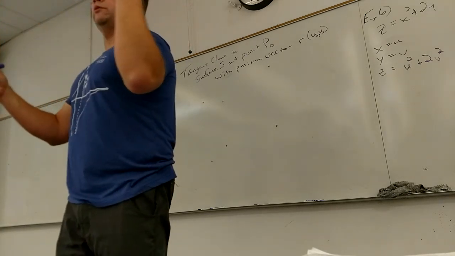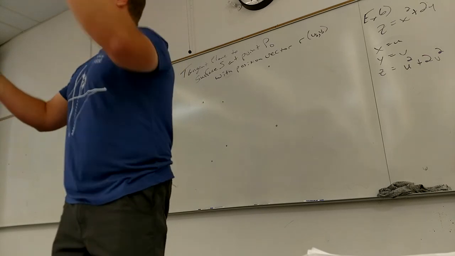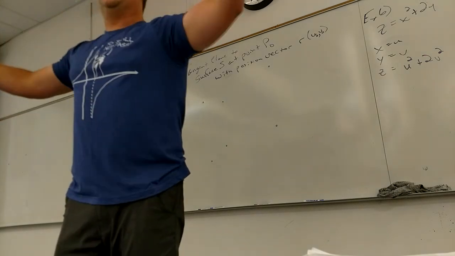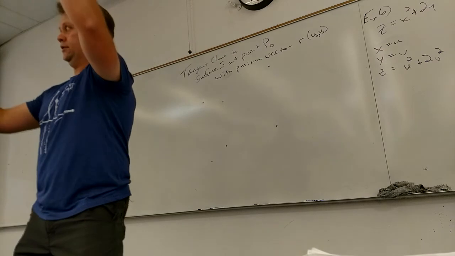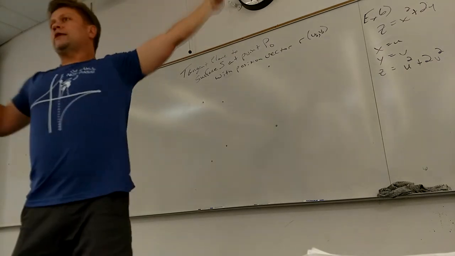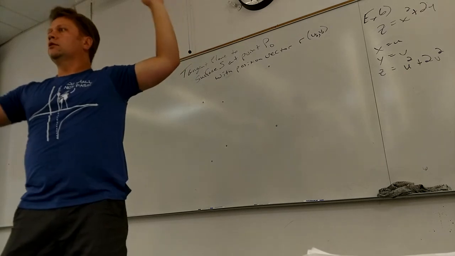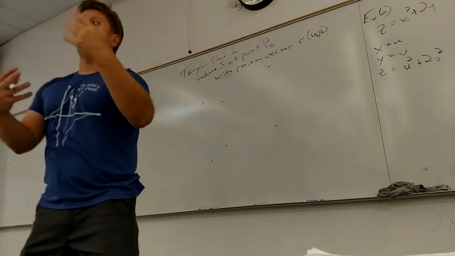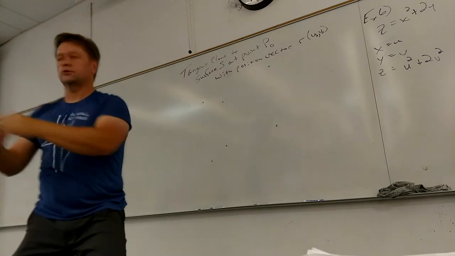So what did we do when we had a function of multivariables? We have to find all the slopes. Well, not all of them, but the two main ones, Fx and Fy. Well, what's acting like x and y now? U and V. I love it. So we're going to have to find Ru and Rv. So Ru,